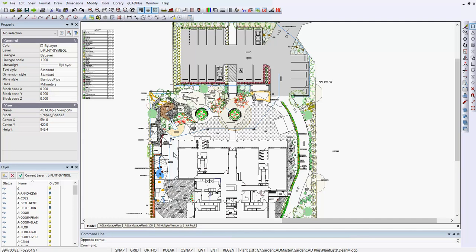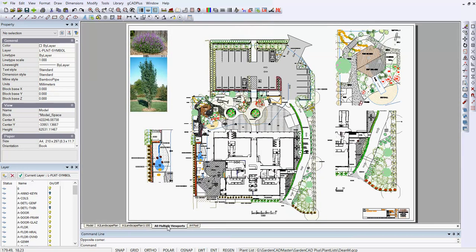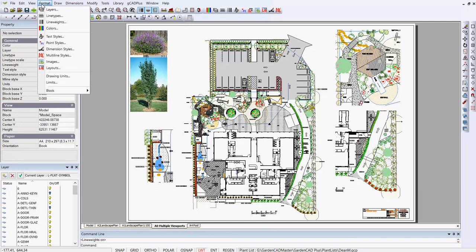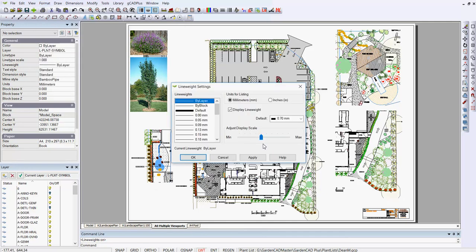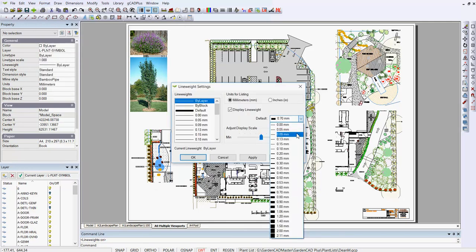Well, one of our designers is having difficulty managing line weights in the gCADPlus environment. He's using a multiplicity of layouts, and this one is labelled A0 multiple viewport. So we've got an A0 sheet, a very large sheet. If we turn on line weights, and if we look under format and line weights, I'll change for the moment